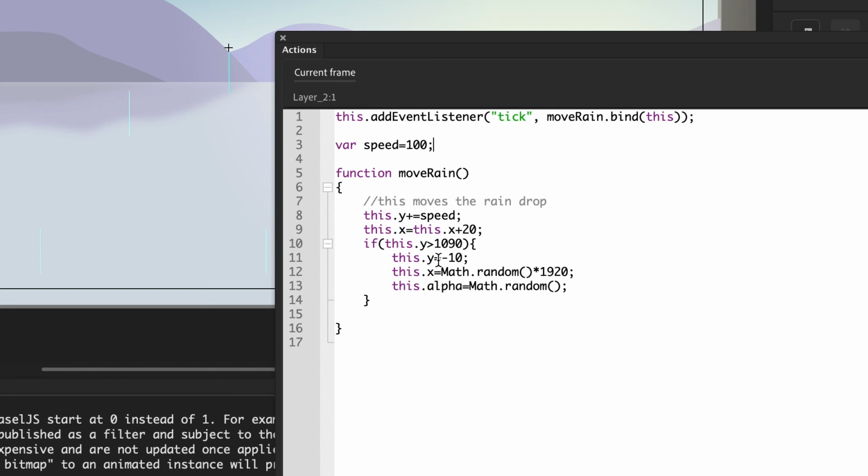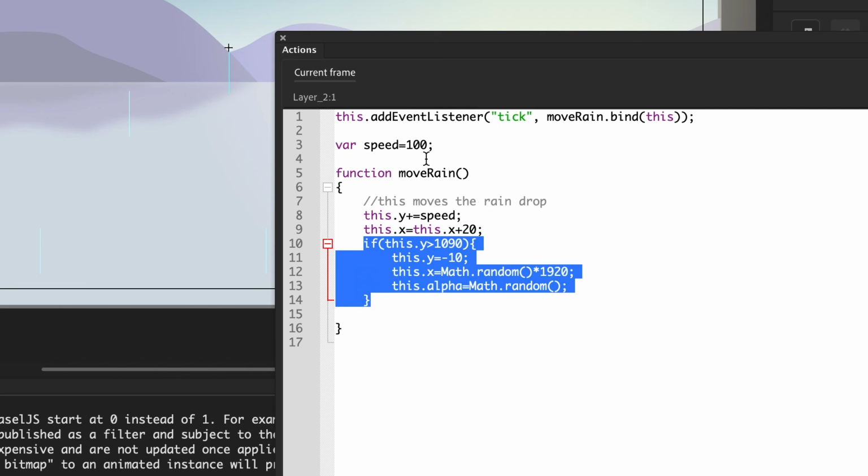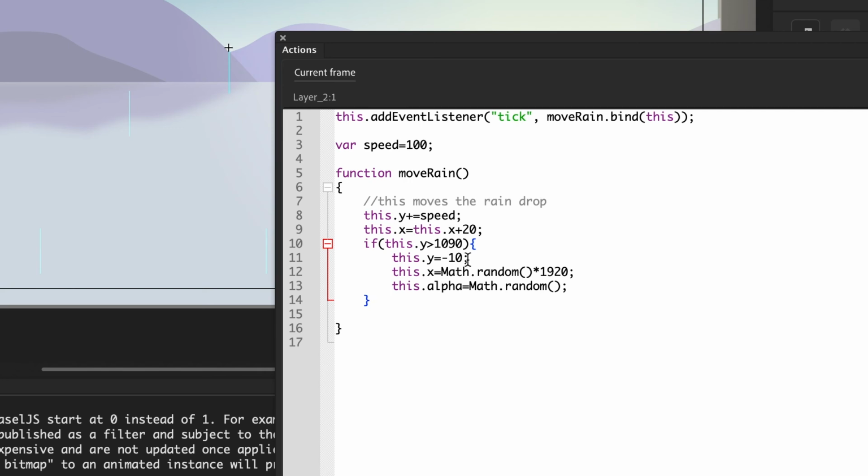Now, it's moving at 100 pixels. Remember, here's the thing that happens every time it reaches the bottom. I'm going to let the raindrop initially go 100 pixels, but once it reaches the bottom and I reset the raindrop's Y location back to -10, which is the top, I set a random X location for placing the raindrop either here or here or here, between 0 and 1920 pixels, because that's my HD resolution. And I give it some random alpha between 0 and 1. Remember, 1 being totally opaque, 0 being transparent. And I'm going to do one more thing here. I'm going to set speed equal to